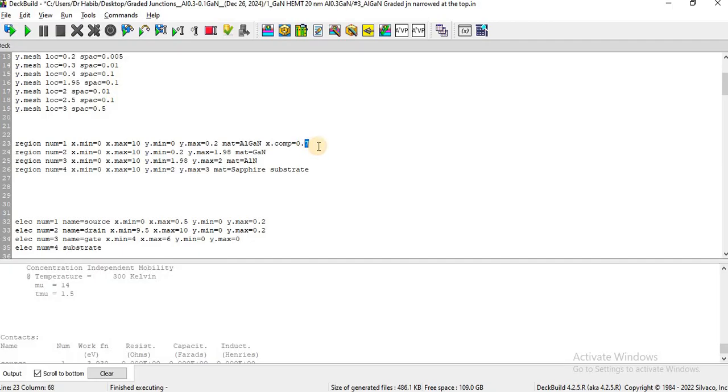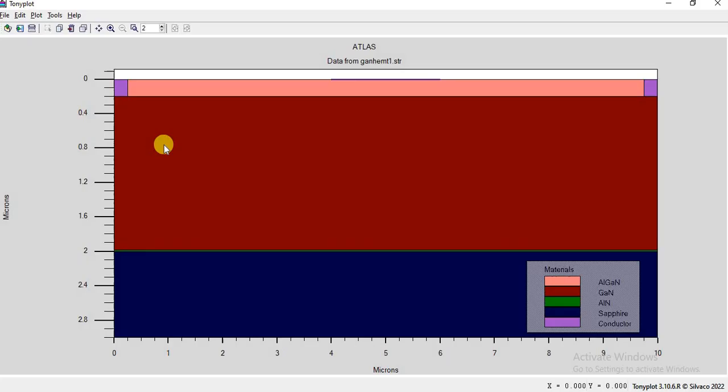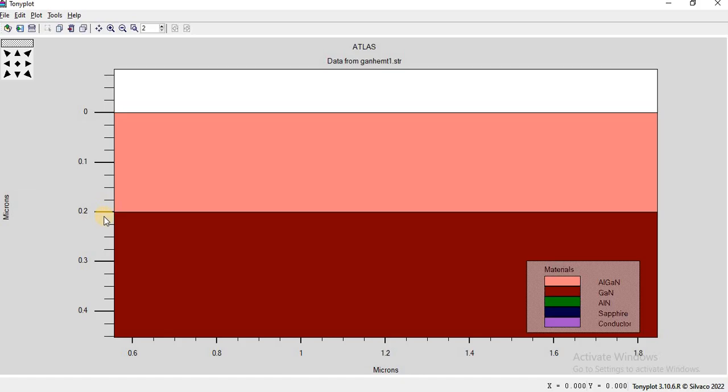I'm keeping a fixed aluminum content of 70% for the first run, and then later in the second run of the simulation I'm going to demonstrate how to perform the compositional grading. So basically this is a 200 nanometer thickness aluminum gallium nitride layer,